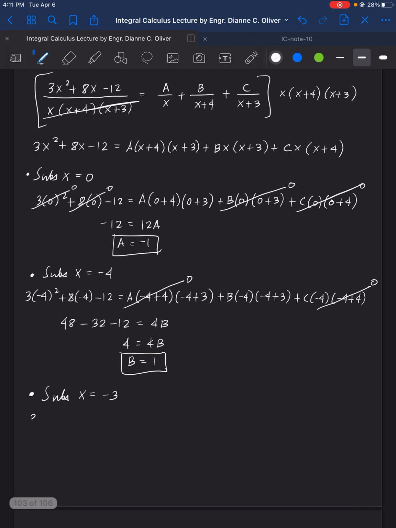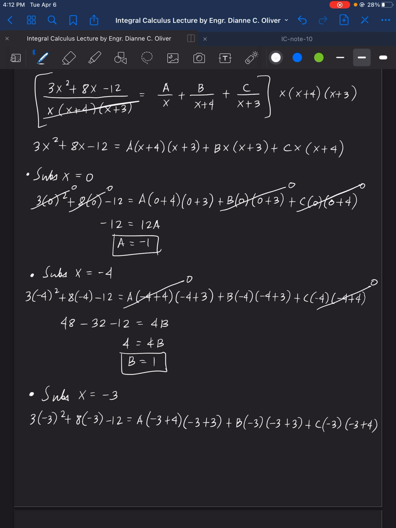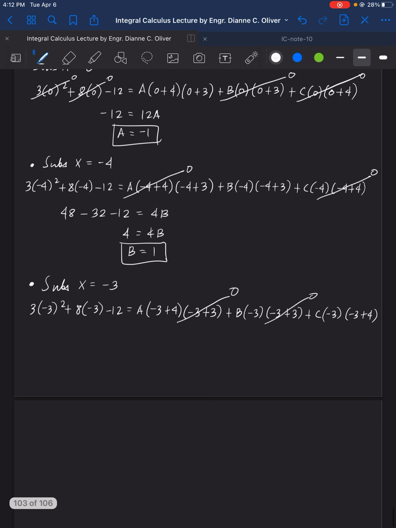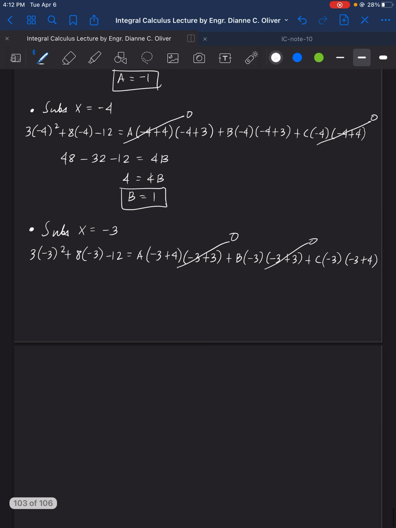So we have here 3 times negative 3 squared plus 8 times negative 3 minus 12 is equal to A times negative 3 plus 4 times negative 3 plus 3, plus B times negative 3 plus 3, plus C times negative 3 plus 4. So this already becomes 0, and also this one. So cancel out A and B. So what's left is